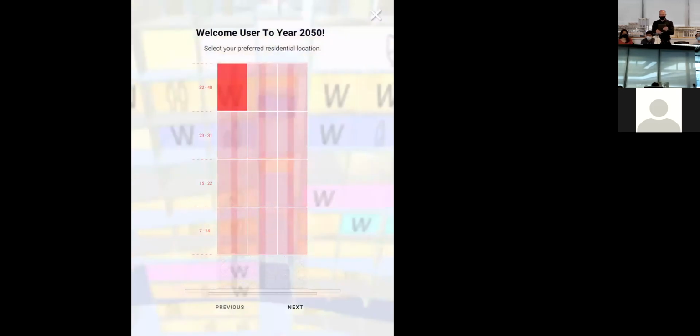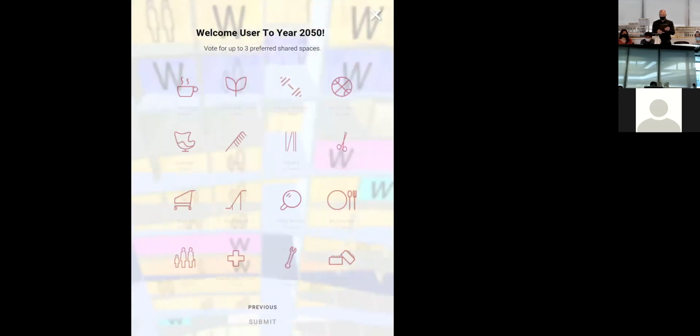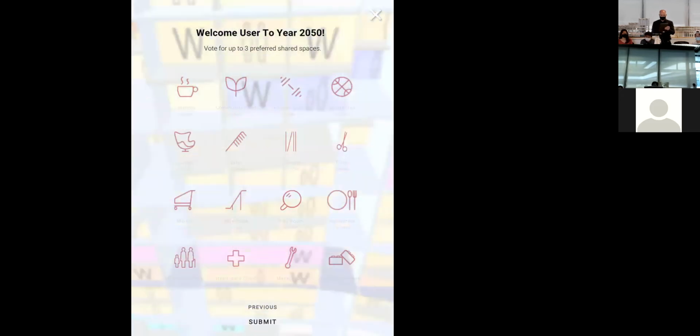And then I'm also asked what kind of shared functions could I imagine or would I prefer? So let me see, a playground would be nice, maybe a small market as well. And let me not be too selfish. Let's say we're also growing older. Let's think about the elderly, and let's submit this as a unit.